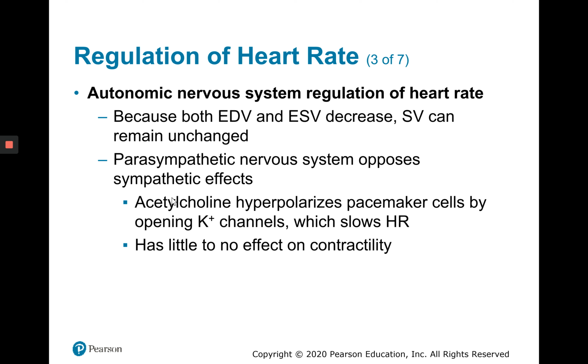Keep in mind that the parasympathetic nervous system opposes any sympathetic effects. They work in dynamic antagonism, and acetylcholine is going to be a chemical that could be released by parasympathetic neurons, and it would generally hyperpolarize or inhibit pacemaker cells, such as that of the SA node, by opening potassium channels, and that would slow heart rate. Remember, potassium was an efflux, whereas we would want either a sodium or calcium influx if we were trying to increase heart rate. And we would see that parasympathetic nervous system action has actually very little to no effect on